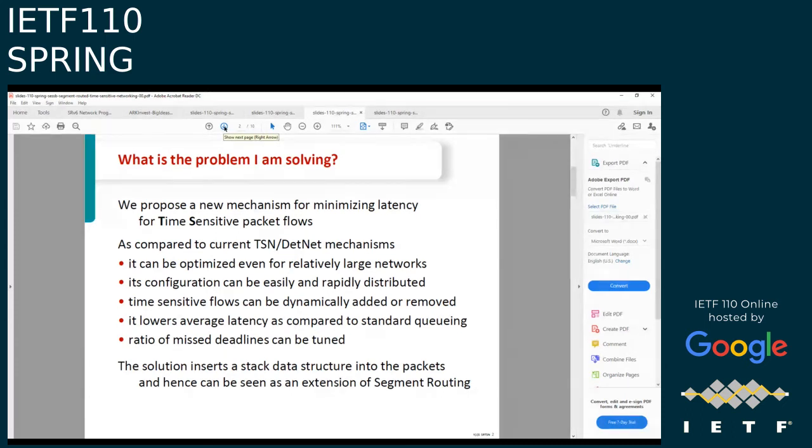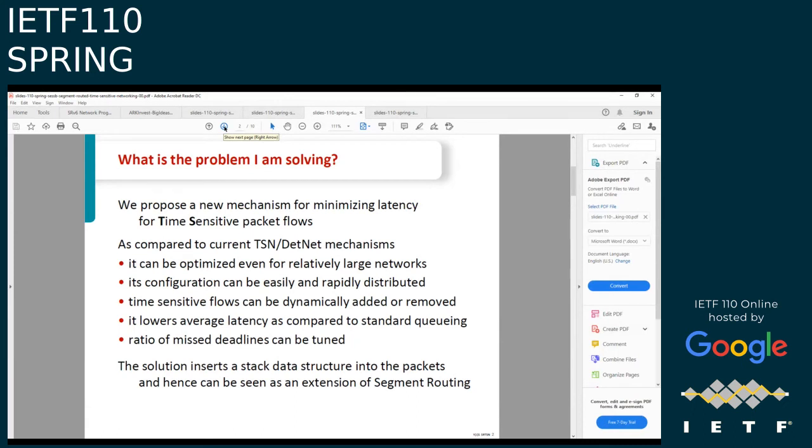However, I want to compare myself to what DetNet is doing just before we get into the segment routing aspects. There are many mechanisms that have been proposed. Most of them fall under one of the bullets that I've mentioned here. For instance, it'll be very difficult to optimize them. They don't scale well. If you want to optimize them, they have to be figured out ahead of time, what is called offline optimization. If you want to add a new flow, you have to re-optimize the whole system, et cetera, et cetera. There are all sorts of reasons that there are problems with the existing mechanisms,